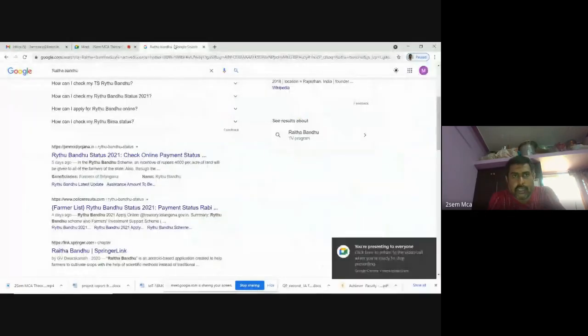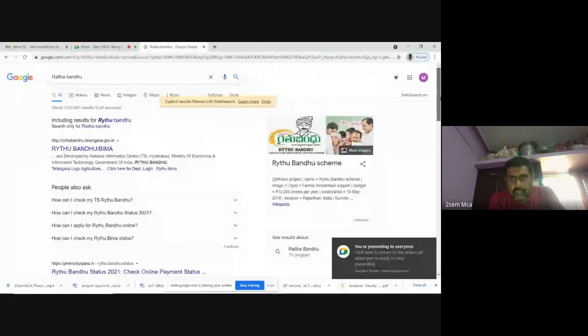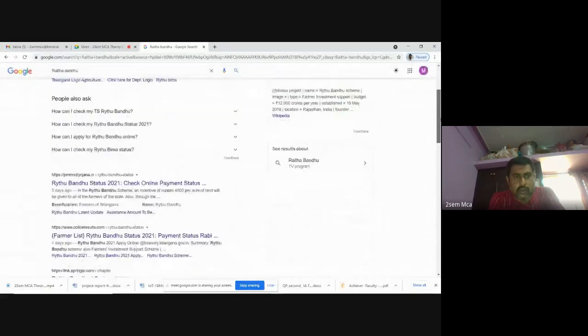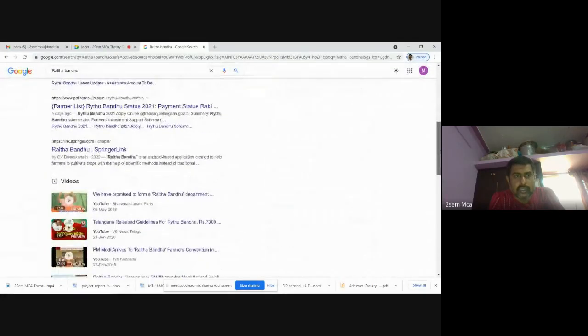Now you can see I have typed Raita Bandhu here and lot of things. You can see the right side, Raita Bandhu in Andhra, they have some one scheme is there. So RYTHU they have used and see how this things is going on. As I told you that. See here, Raita Bandhu by GV Dwarkanath is an Android-based application created to help farmers to cultivate crops with the help of scientific methods. So if you click on this particular thing,